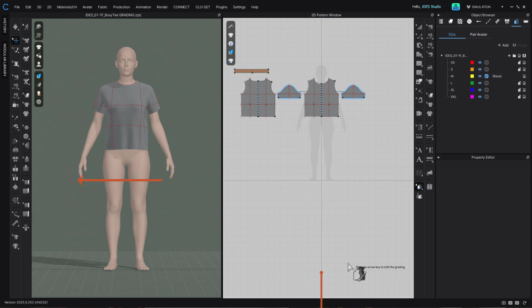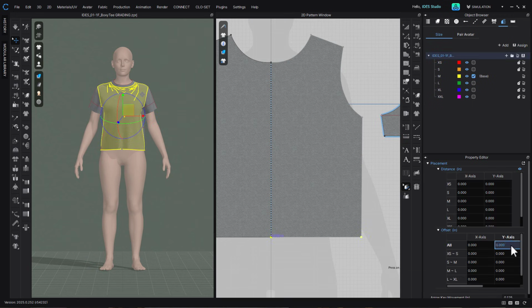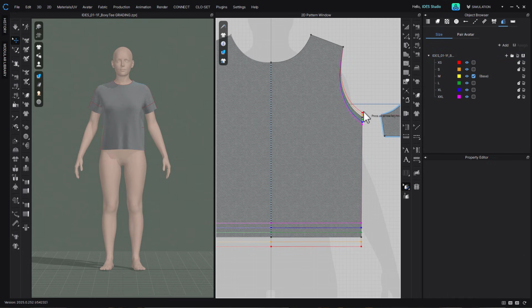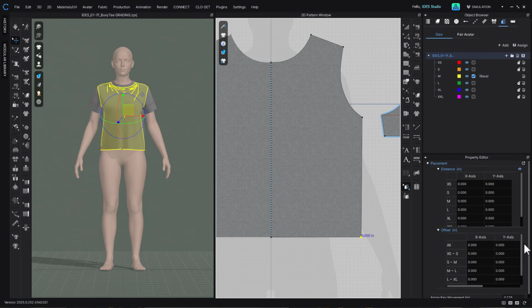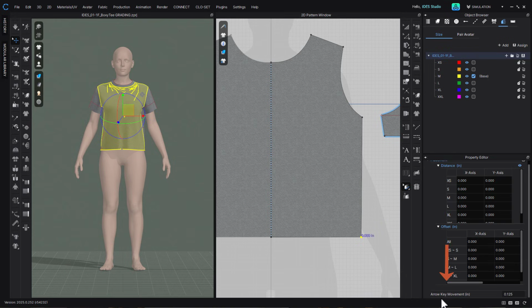It can be confusing because the positive Y number might mean that your hem is getting shorter, whereas the negative Y number on an armhole is actually making it bigger. So you just have to remember it in terms of the XY graph. This is why the color coding really helps, because you can move it and then see what makes sense based on the sizes. So the first way to use the Edit Grading tool is using your arrow keys on your